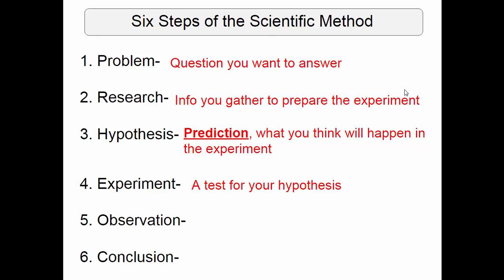Once you have conducted your experiment, you would be making some observations. What are observations in an experiment? What's an observation? Jack? An observation is what happened during the experiment? Yeah, and you might think of it as data that you're collecting. You might be using a tool to measure something. You might be counting. You might be measuring things with a ruler or a balance. So basically the observations are the data coming in from your experiment.